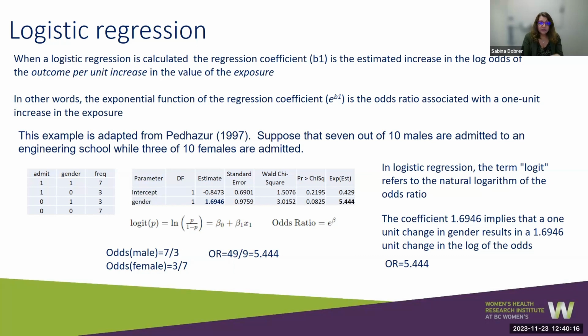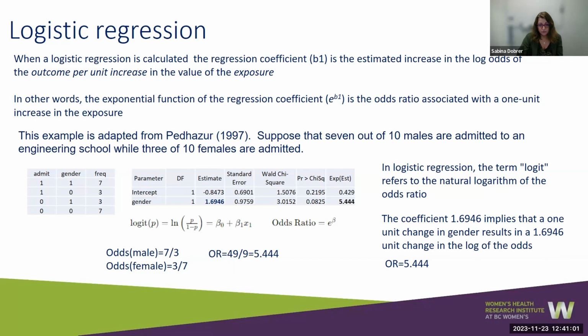So on the left side, we see the table. So admitted 1, not admitted 0. We have 1 and 0 for male and female, and we have the frequency of them being admitted to engineering school. When we use this table and run a simple logistic regression in SAS and R or any other software, we will get some kind of output for our logistic regression. And this is the output I received. So intercept, it's our alpha, or A, and our B coefficient for logistic regression will be here